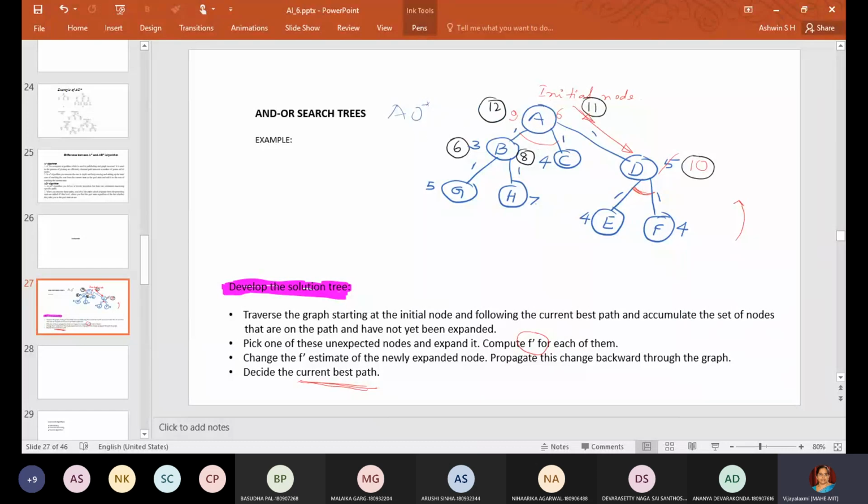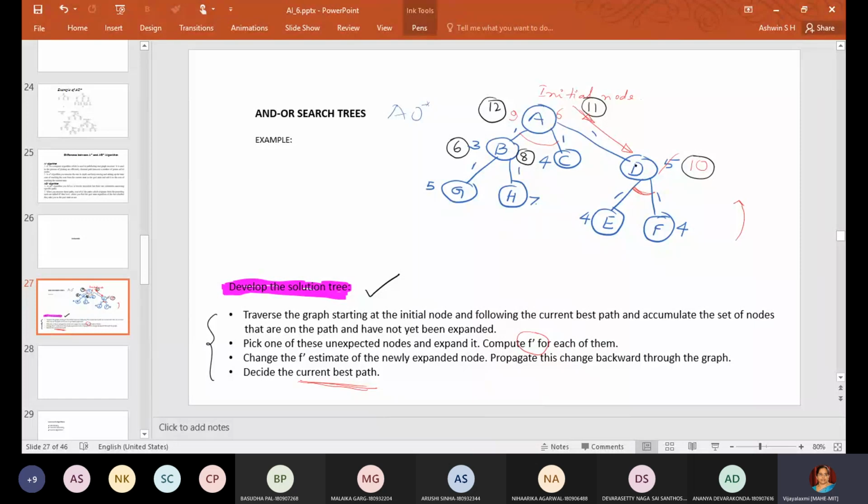Okay. So if the question is to determine the solution tree, then what are the steps you have to follow? These are the steps. Theoretically I have listed it here, but when you take up a problem, you have to just calculate the root node heuristic based on your AND-OR tree.